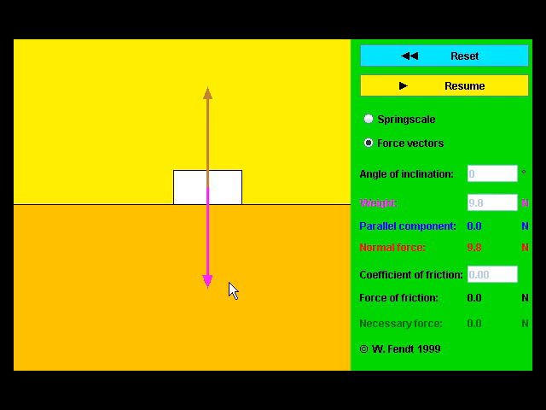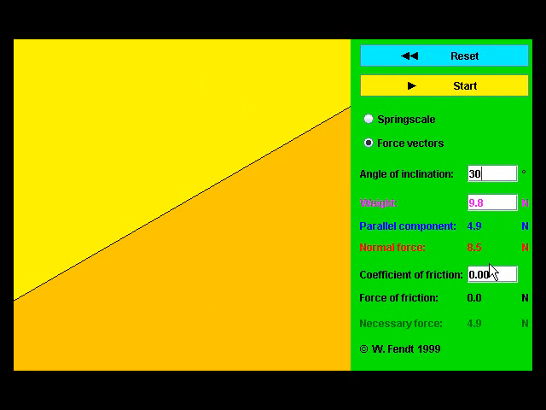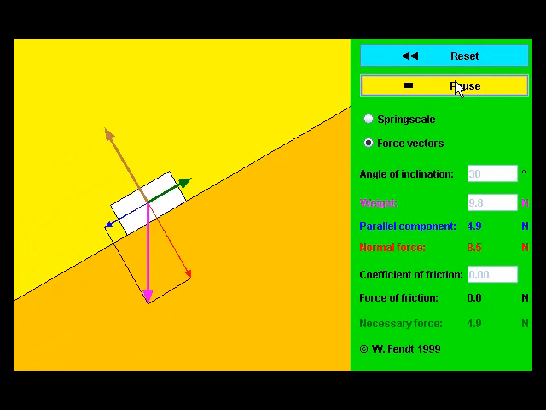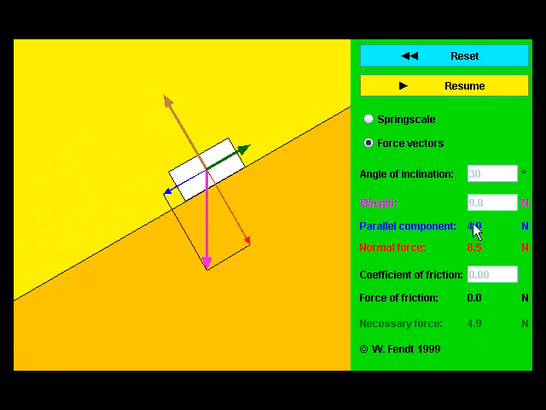Okay, remember that the gravitational force is down and the normal force is up. Now let's reset and change the angle from 0 degrees to 30 degrees. So we'll switch this angle of inclination to 30, and we'll leave the weight the same. Notice now the normal force is 8.5, the parallel component of force is 4.9, and they even say that the necessary force required to push this object up the plane at a constant speed is 4.9, same